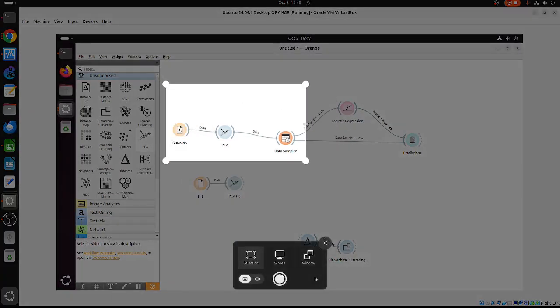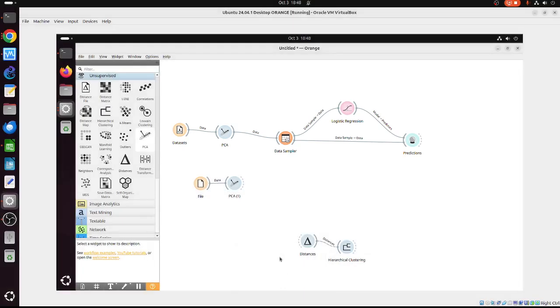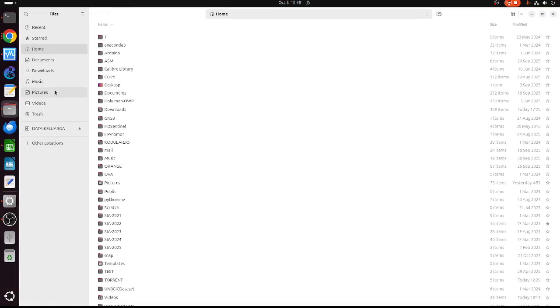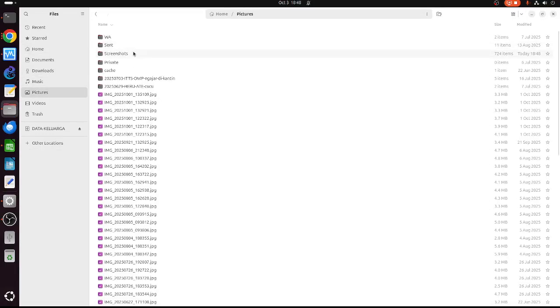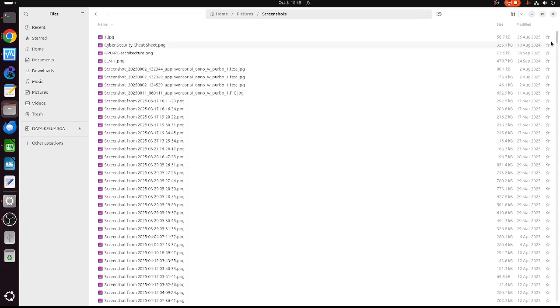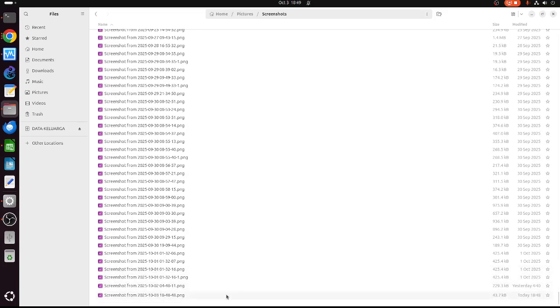For example, this one. Okay. Let me see. I've got the screenshot. So this is how it works. So you play around first with Orange. Oh man, my drive is slow. Okay. So play around with Orange first, see things, and then